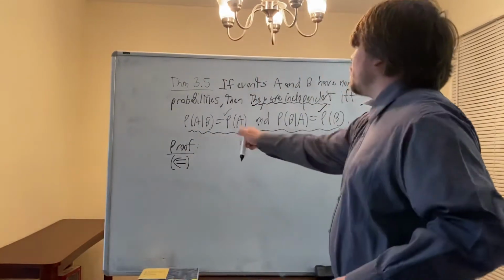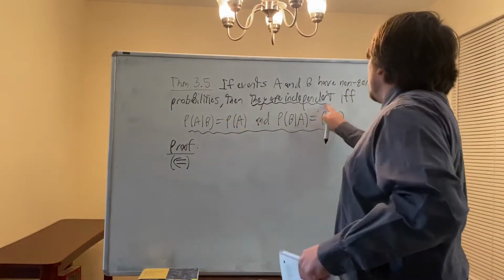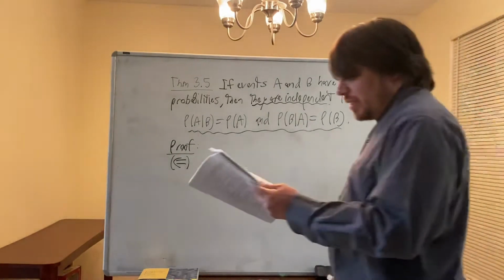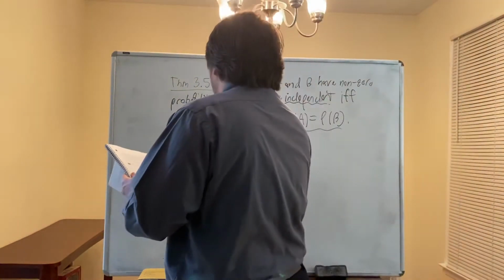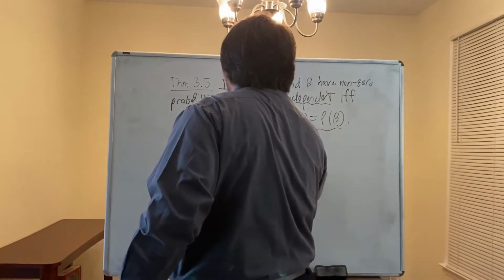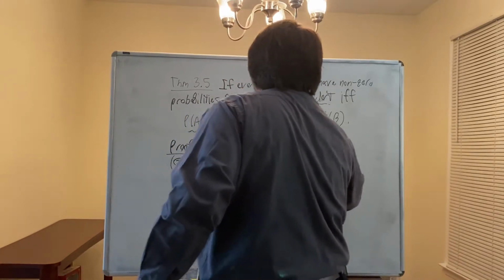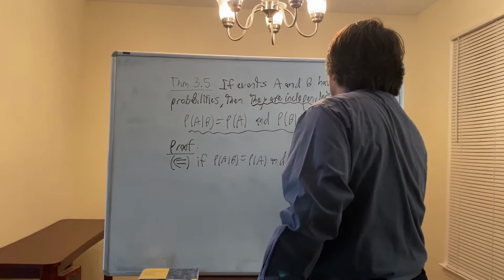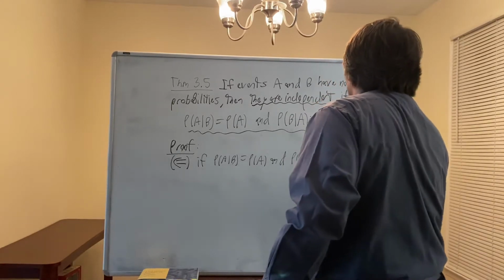This will prove that assuming these two equations hold, then A and B are independent events. So if the probability of A given B is equal to the probability of A, and the probability of B given A is equal to the probability of B, then